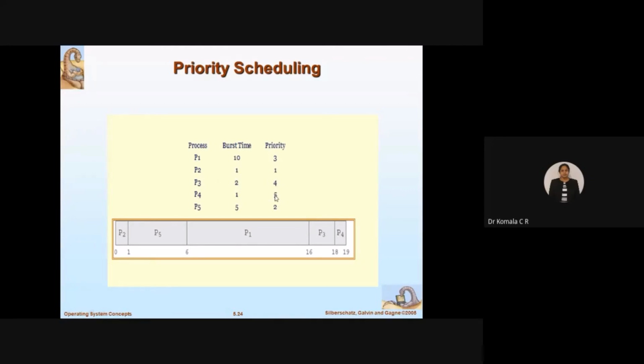Which is the next one? The fifth priority is P4 now. So I'll continue with P4. What's the time required to complete P4? 1 slot. 1 slot is the burst time. So 18 plus 1 is 19. At this time I am done with all the processes P1, P2, P3, P4, P5. This is the Gantt chart for this particular